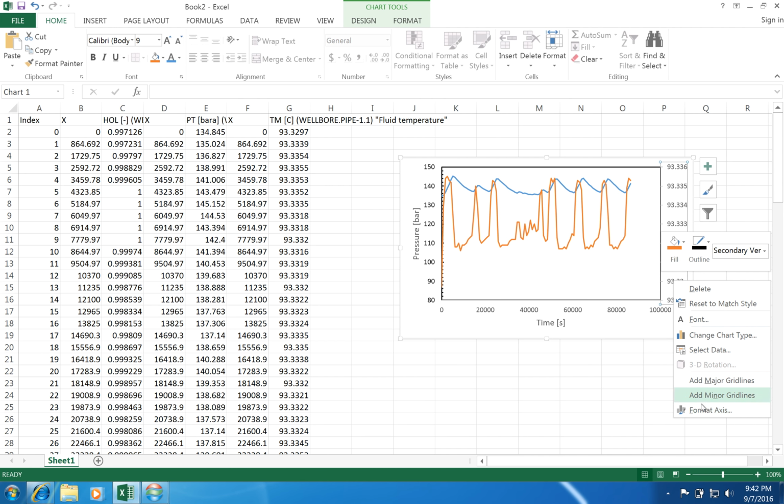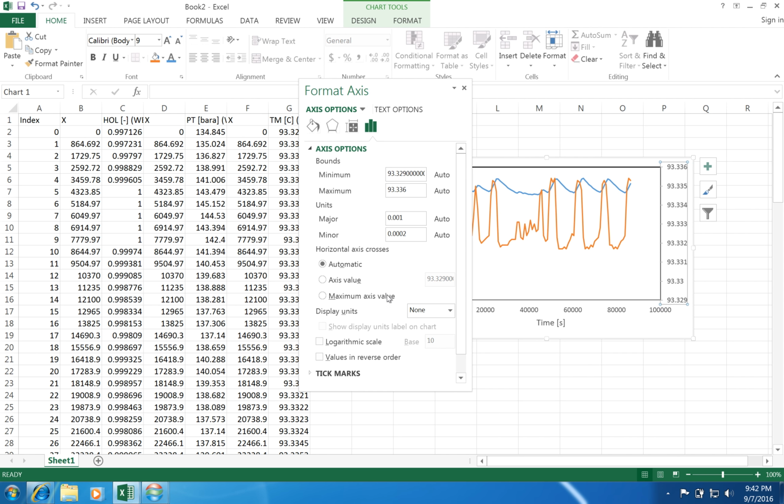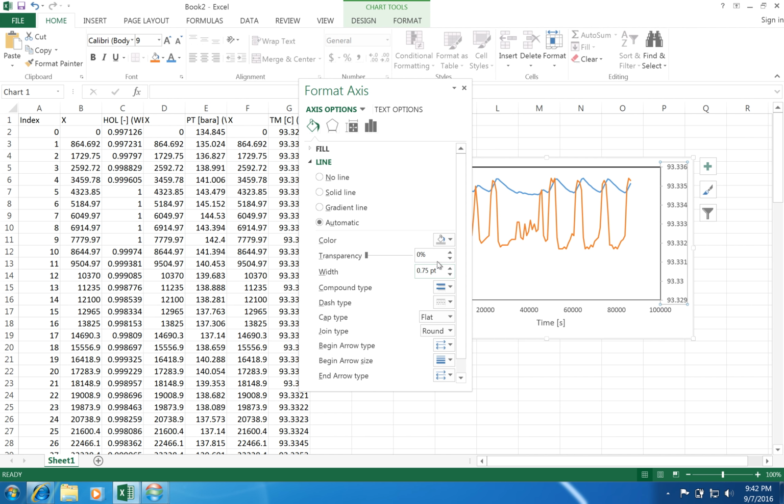So what we do, format axis, color, say that's blue, say 1 point,